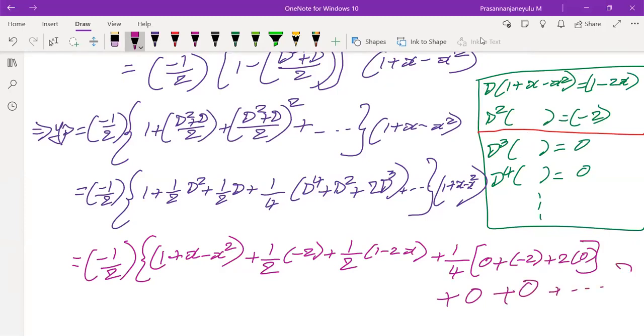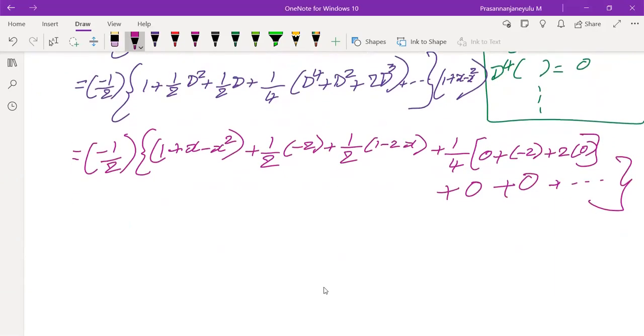You need not mention and so on. You can mention it, no problem, but you must mention that all the remaining values will be zeros. Now doing the simplification, I'll tell you why we will get zeros. I already discussed it at the time of the previous problem, but still I'll discuss it again after completion of the total problem. 1 plus x minus x square